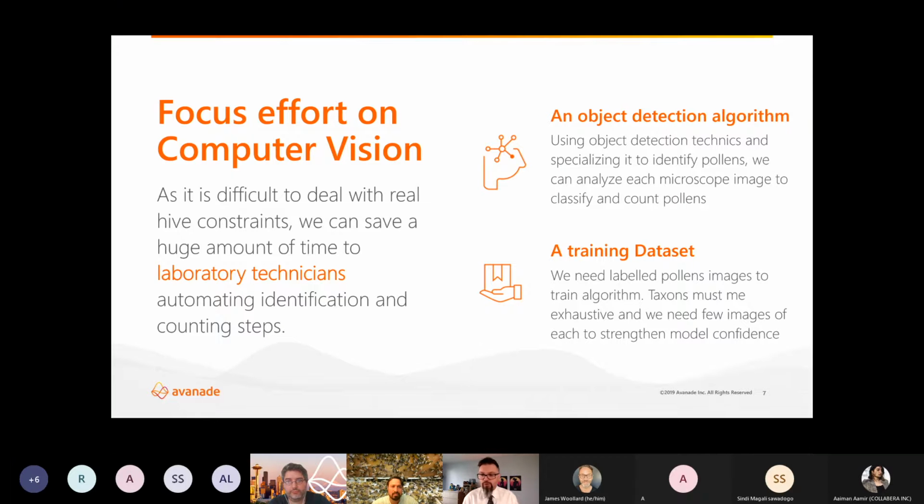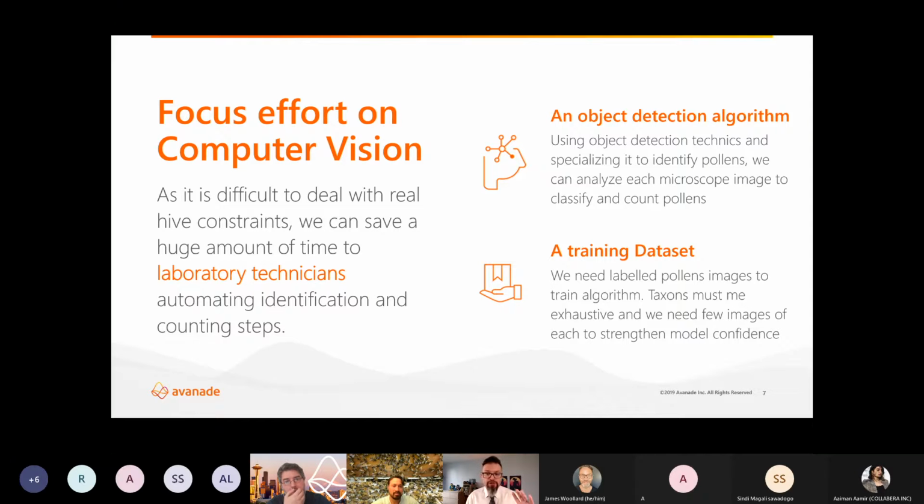But discussing with Kim, we concluded that we can help even with just one algorithm, because in the laboratory there's a mechanism to grab the image of the pollens on the microscope. So the idea is to have a kind of automated microscope that just takes the pictures, and then the algorithm can save a lot of time for laboratory technicians. And it was precious. So we decided to work only on that